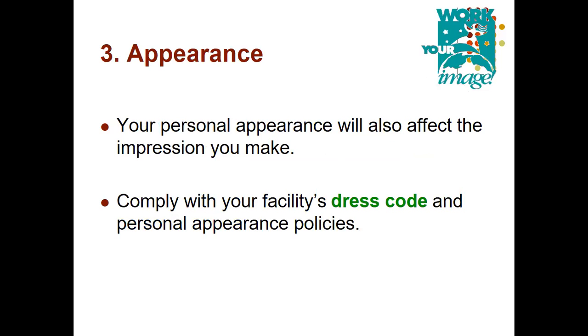Appearance, as we have, this is your important dress code. Every institute has defined its color of the overall which is worn by the phlebotomist. That may be white, that may be blue, that may be some sort of other dark blue. So your personal appearance depends on your policies, on your procedures, on your SOPs which you have adopted in your lab, or what are the different rules of the lab in which you are working. Either you have to wear the tie, it is important because that gives a good impression to the patient.